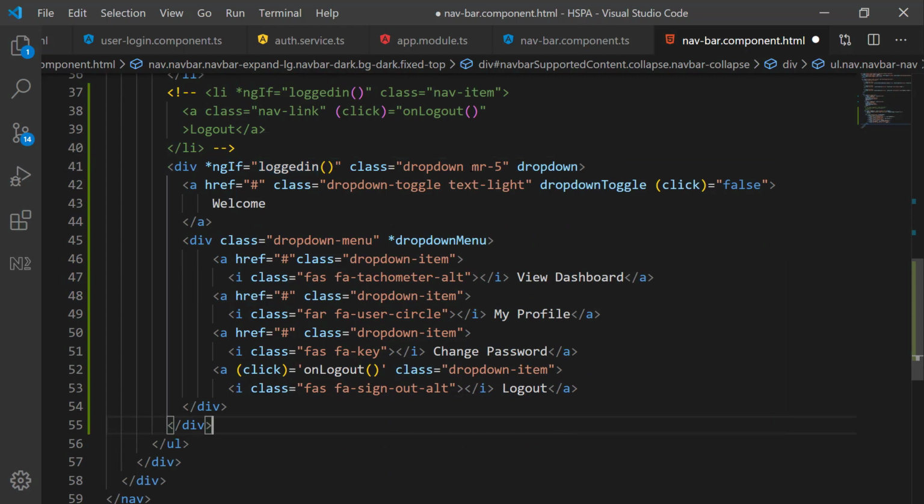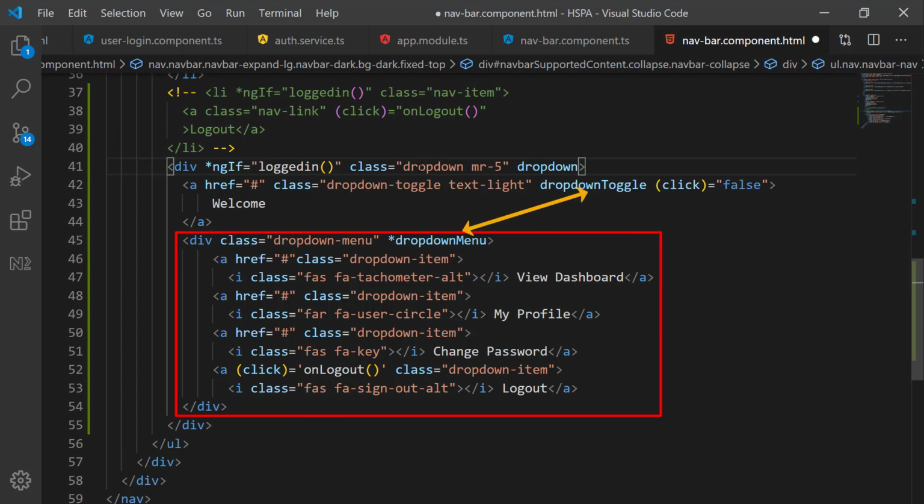So these are the directives provided by dropdown component. Here at the top we have added a link and used this directive named dropdown toggle to make this link toggling. Here we are binding click event and passing false to disable the default behavior of clicking the link button. Here we need to add star before this directive, as it is a structural directive and responsible to hide and display this div on toggle.